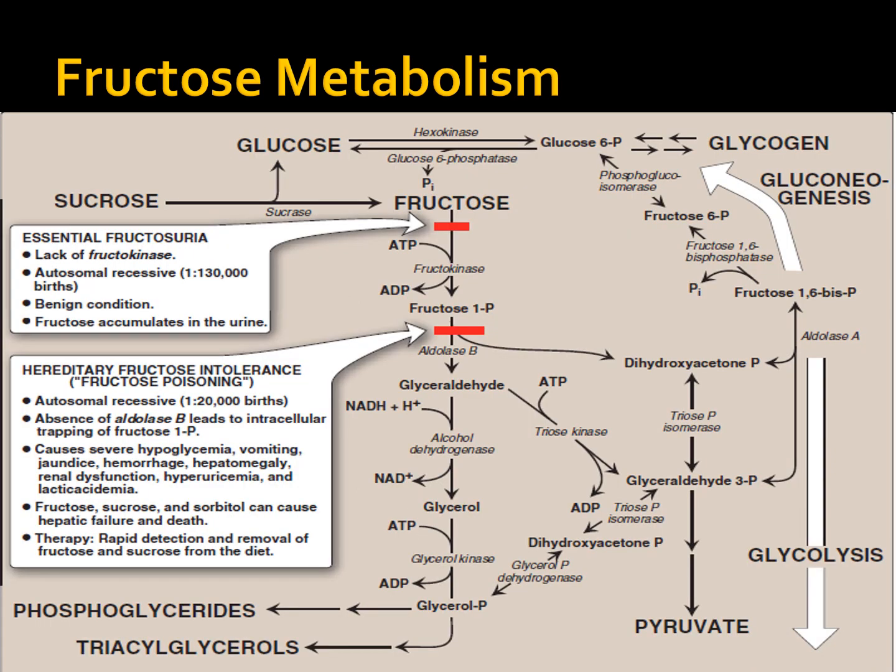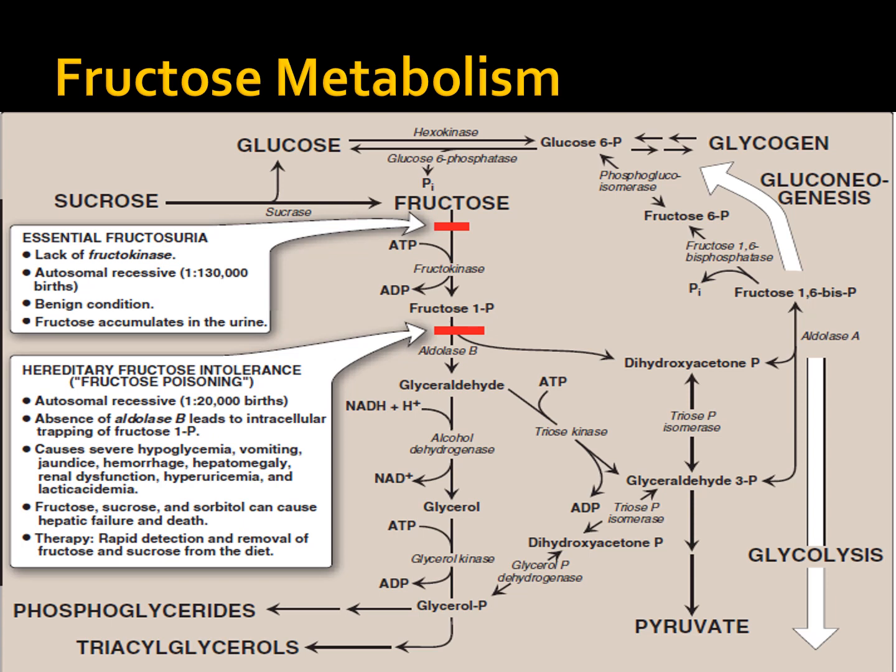Deficiencies in your fructose metabolism enzymes will lead to essential fructosuria or hereditary fructose intolerance. Lacking fructokinase would lead to essential fructosuria, which is autosomal recessive and is a benign condition. Fructose accumulates in the urine,